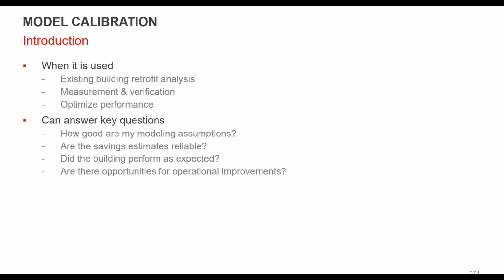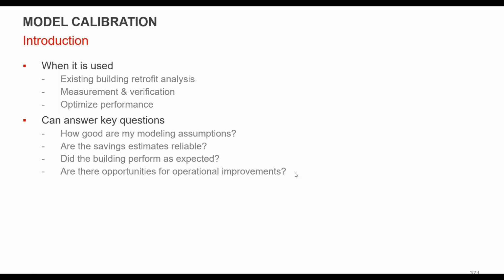Cool. So Drew was introducing what the statistics look like, but we're gonna run through one final example here, more specific to dealing with the calibration for an existing building. But why do you do this? You generally are doing this if you have a larger capital investment that you're looking at for a building. You're looking at bigger changes. You want to verify that you're getting those savings on the back end. Also looking to optimize performance for future operation of the building.